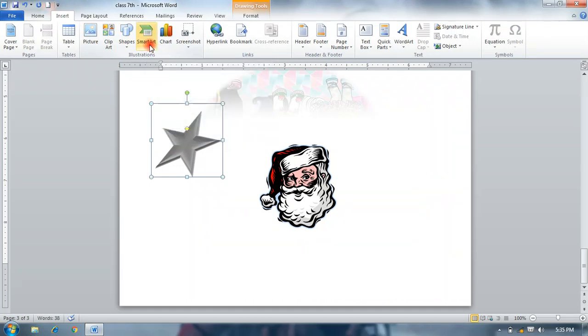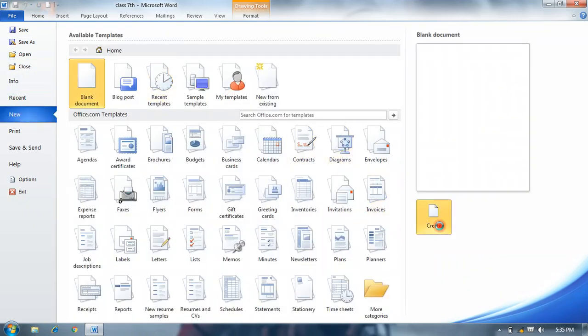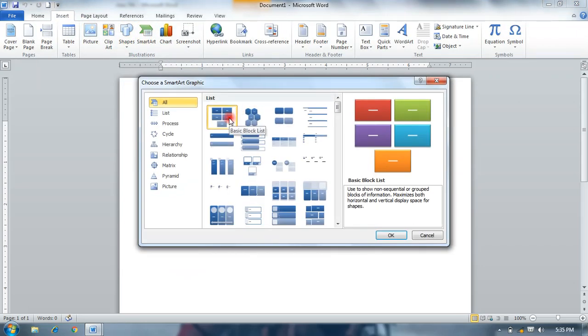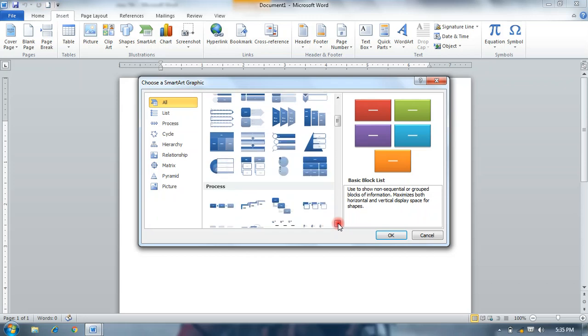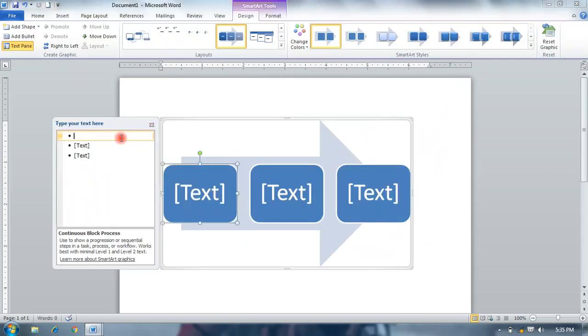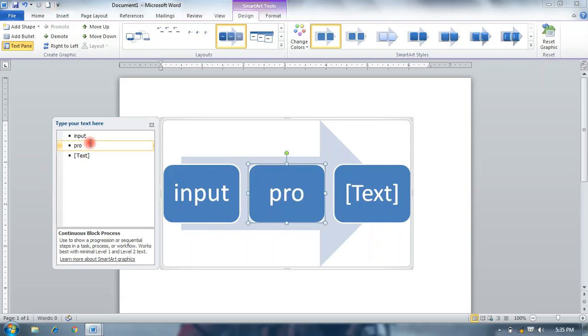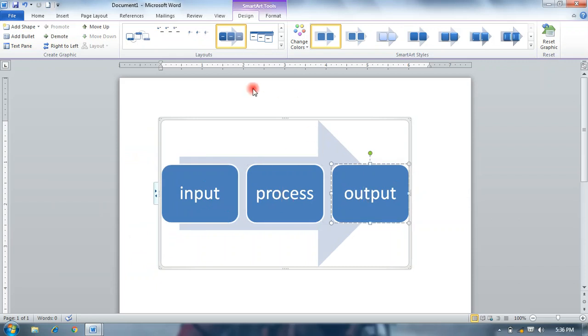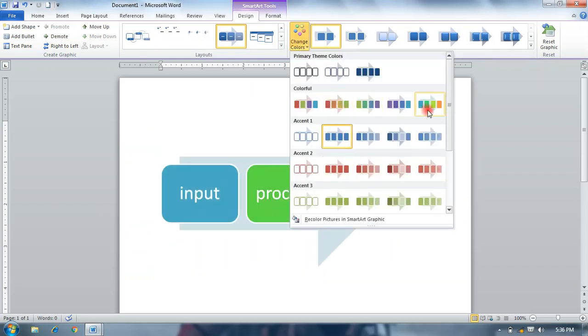Okay, SmartArt. First we'll take a new blank page. This SmartArt option is used for a processing system, for example input, process, output, like that. So SmartArt is used to define some processing.